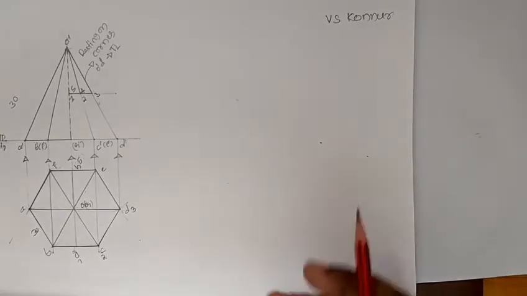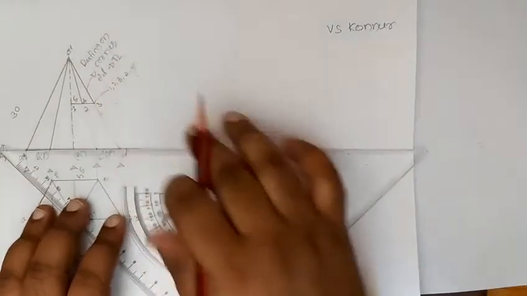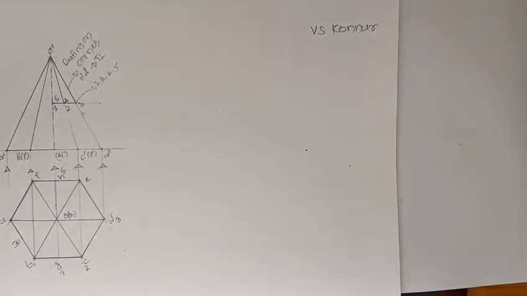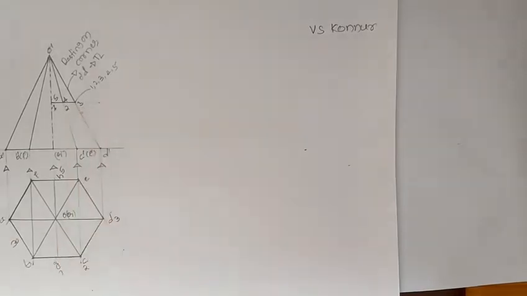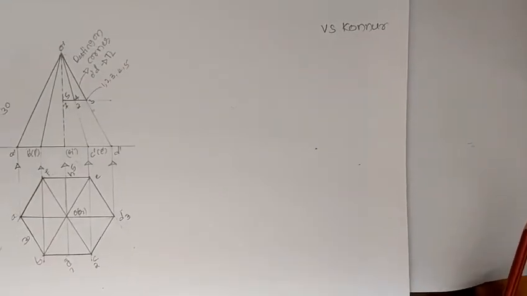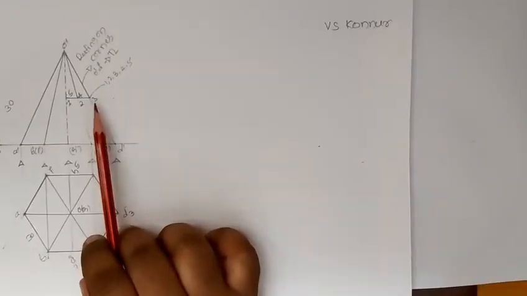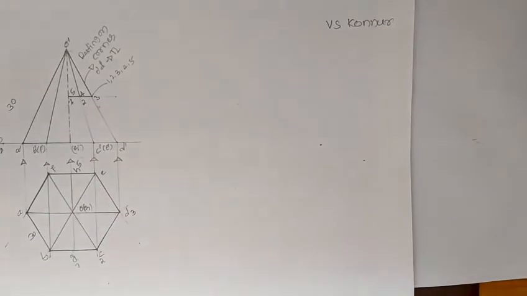Now we'll transfer all these points to here. So this is the point where it is transferring. These points are 1, 2, 3, 4, 5. Only this distance we have to take for all the points, because we have to transfer all these points to the true length. So all these points will be transferred to the true length. Those distances will be taken for constructions.